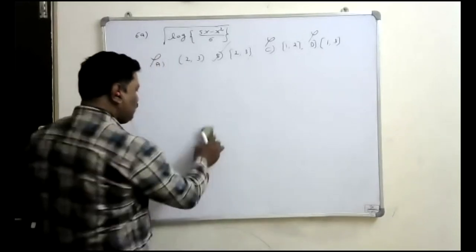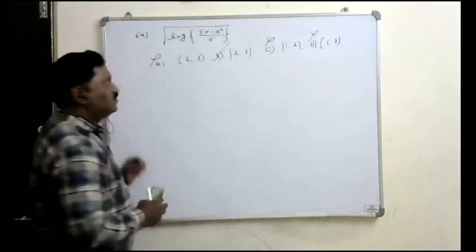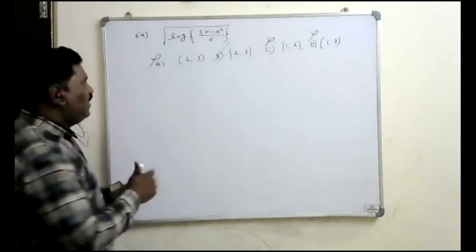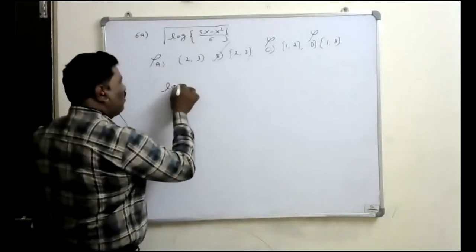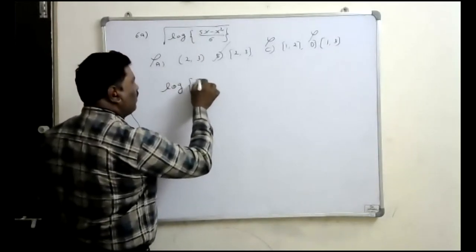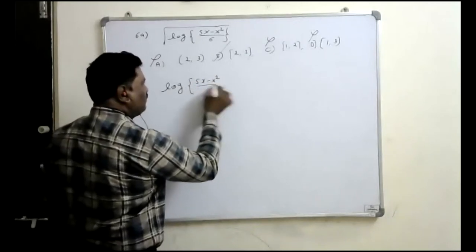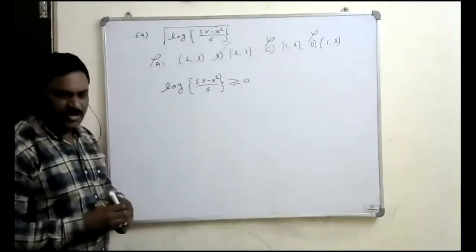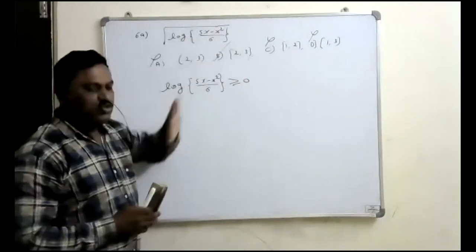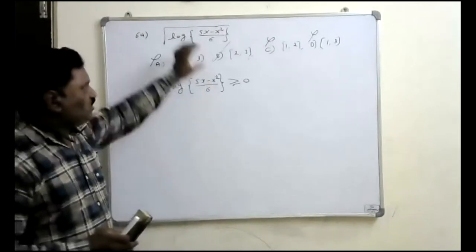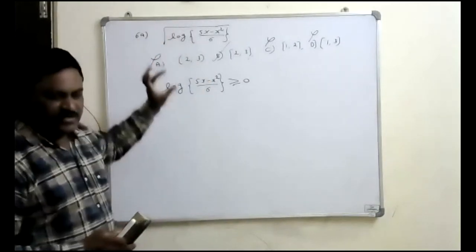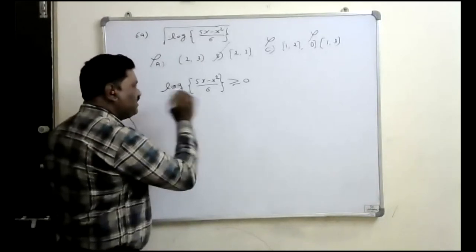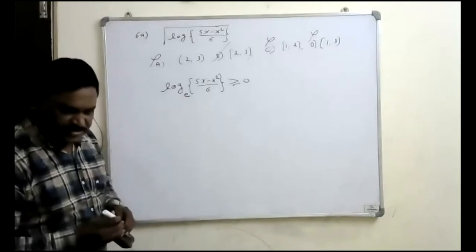Sorry. So look at the procedure here. What is the procedure? There is the square root. Under root means log of (5x minus x squared) by 6 should be greater than or equal to 0, because within the square root we should not have a negative value. That's why this value is either positive or 0, that is the condition. Here log is given, by default the base is e, or we can take any base.